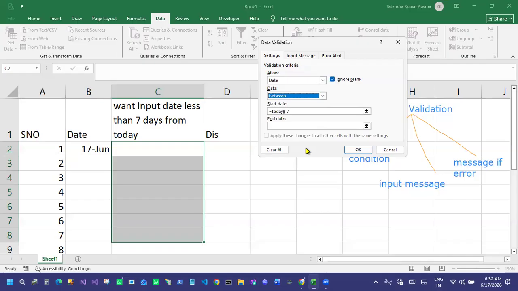Okay. The date should be less than 7 days from today. So the end date is today and the start date is today minus 7, right? So the end date is today, meaning 17, 16, 15, 14, 13, 12, like that, right?